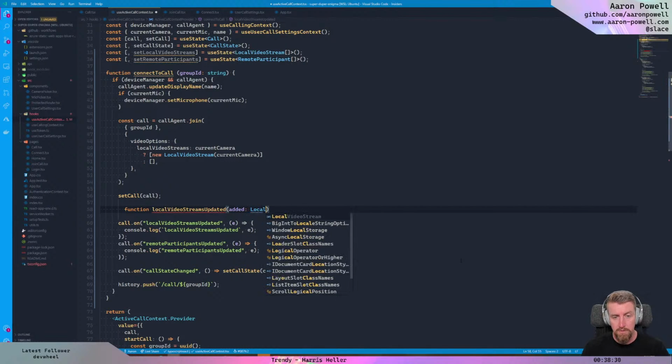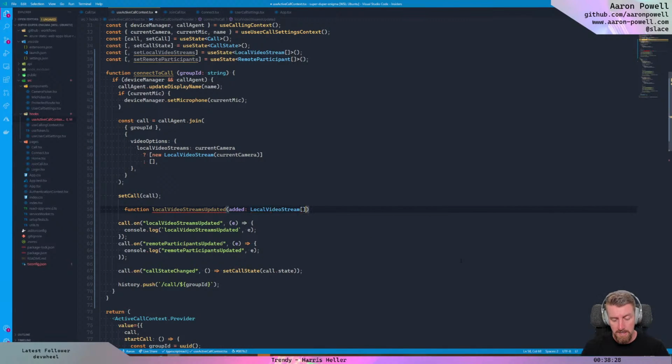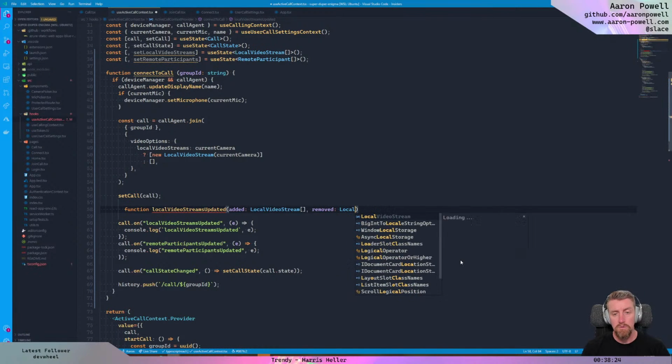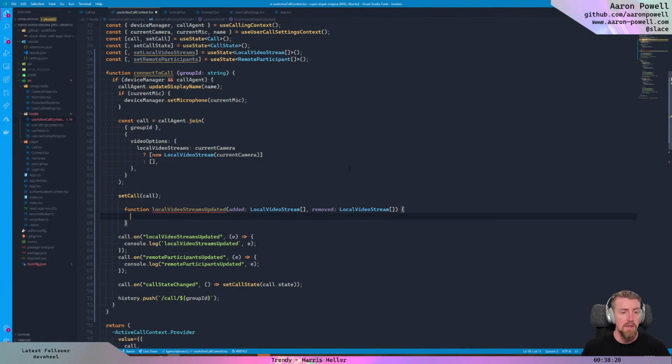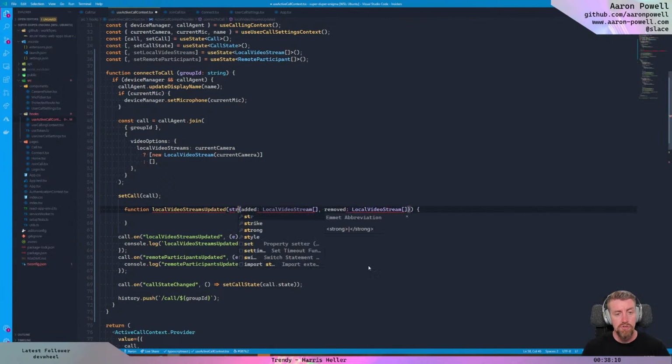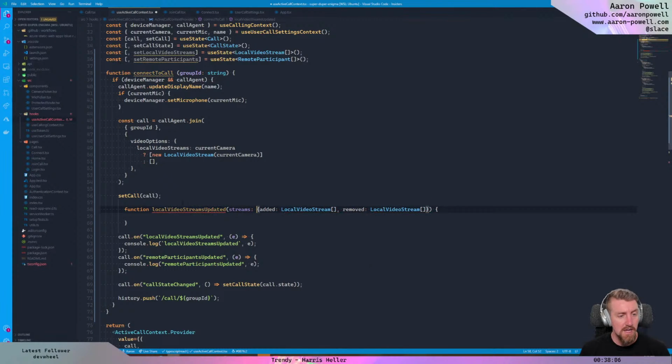It's a local video stream array, and removed, which will be the local video stream array as well. Yeah, we'll make that as an object instead. That can be streams, which will be that, and then